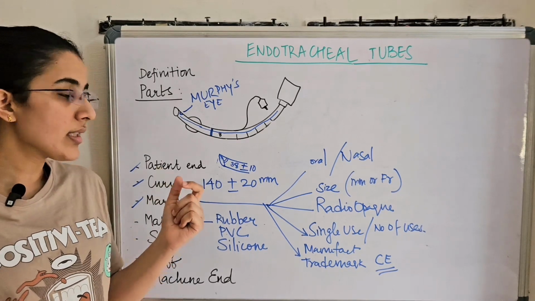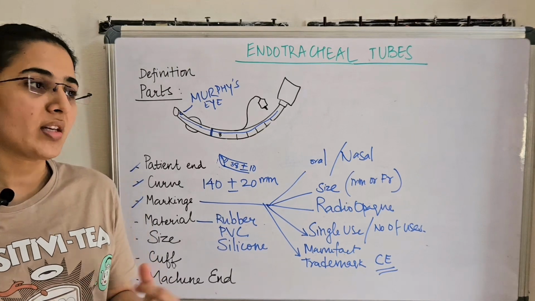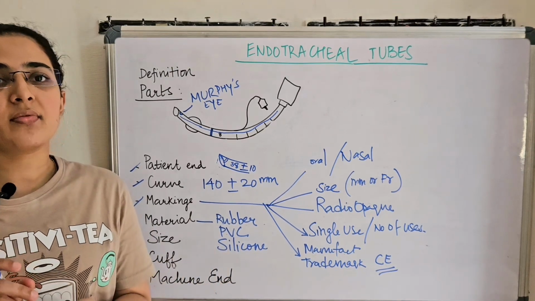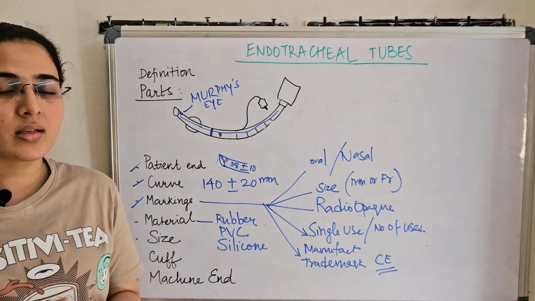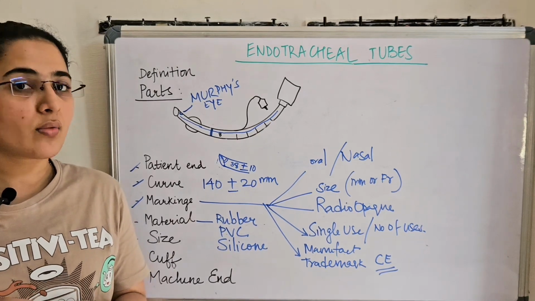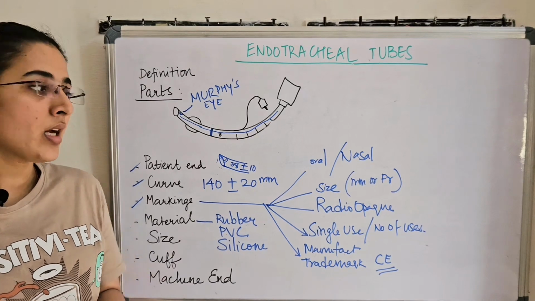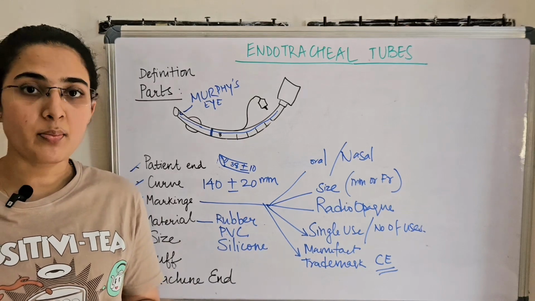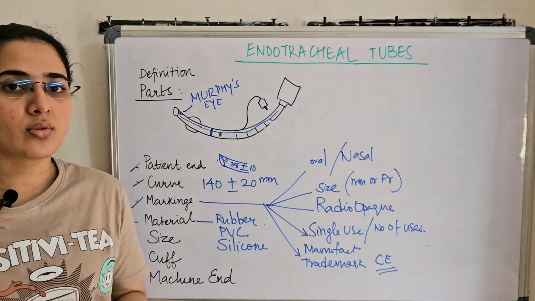Okay, the thing is, if the tubes are of size less than 6 millimeter of internal diameter, they usually mention most of them as external diameter, those tubes which are smaller than this. Okay, because they will provide higher resistance to the gas flows. So why selecting an appropriate size is very important,